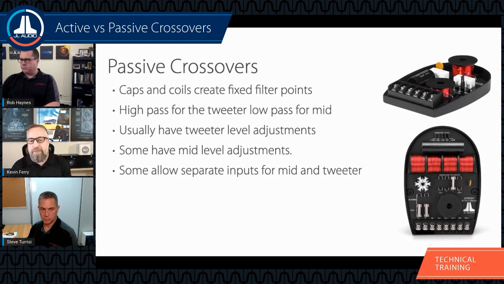Some of them allow for separate inputs for mid-range and tweeter, which is called bi-amping. If you ever hear that terminology, that's what they're talking about, bi-amping a passive crossover network. You'd have 4 sets of passive inputs on here. So you'd have positive and negative for mid, and then positive and negative for your tweeter on there too. So that's what biamping is on here. I'm actually showing a ZR passive network on here, mainly because it had the best photos